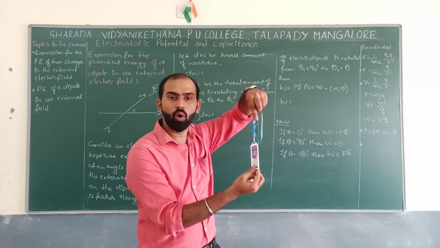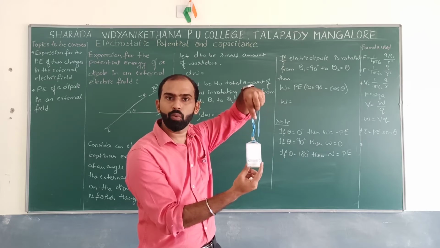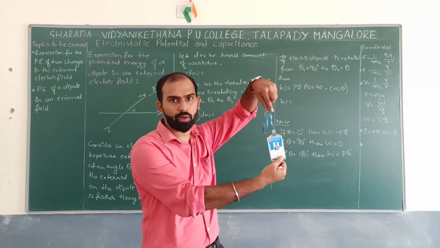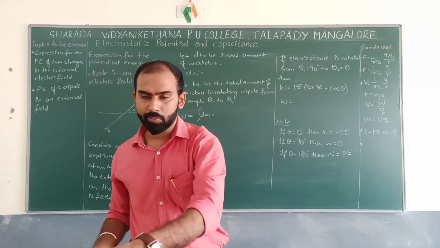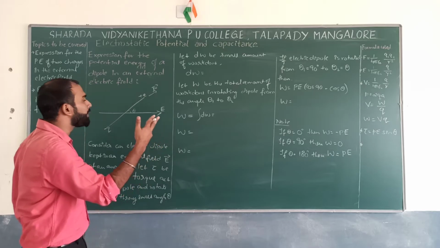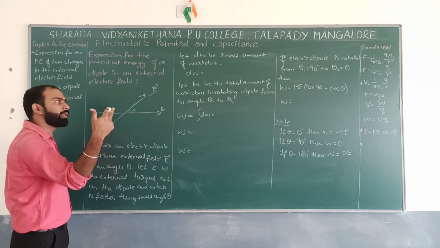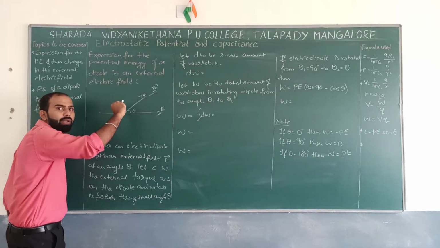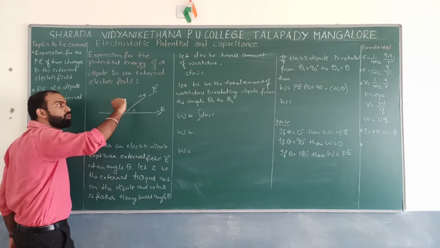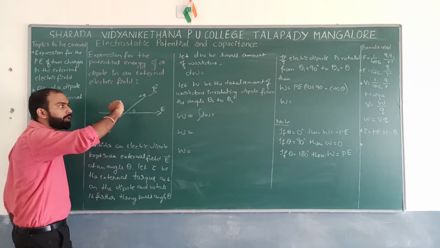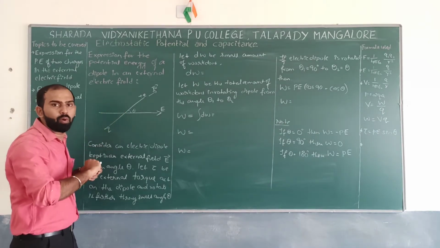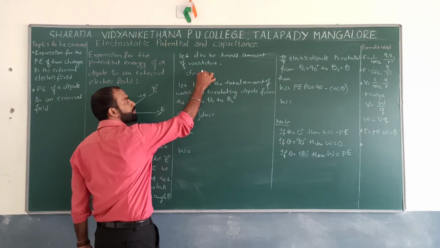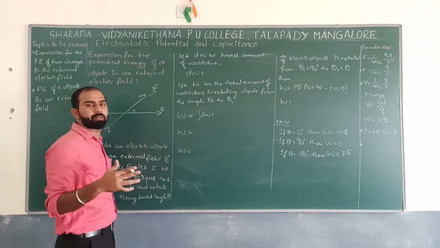Now, how to oppose this? We need to apply what? An anti-torque, which means we need to hold it somewhat like this, correct? So whenever you keep any dipole in the region of an external electric field, it will start oscillating. So how do we neutralize this oscillatory motion? We need to apply an external torque, correct? So similarly, what is the small amount of work done I can expect?